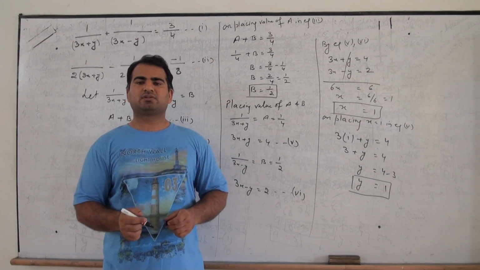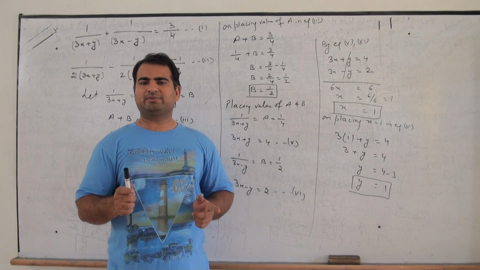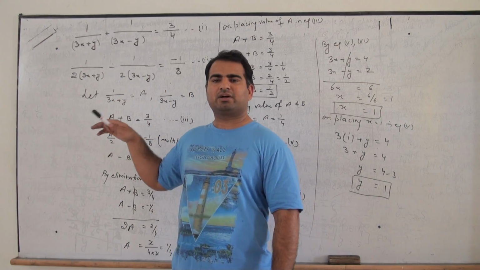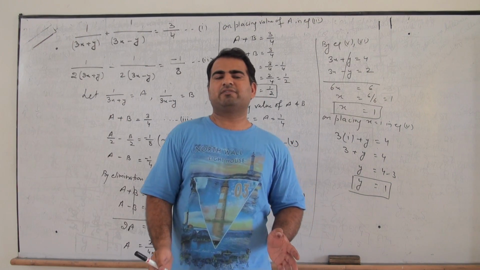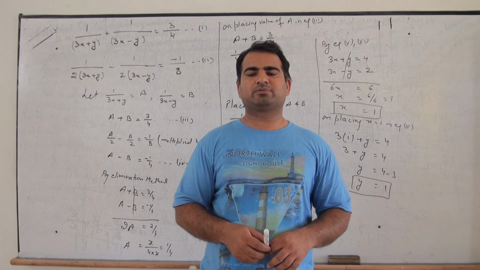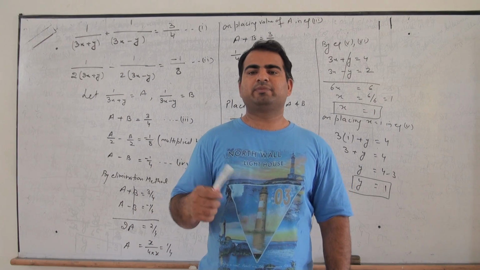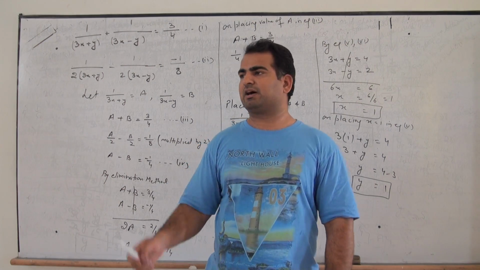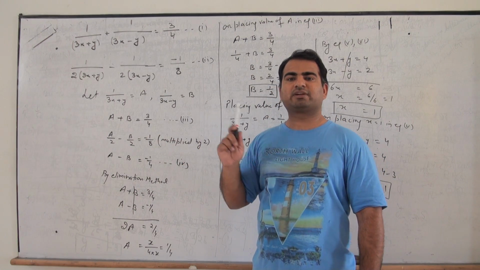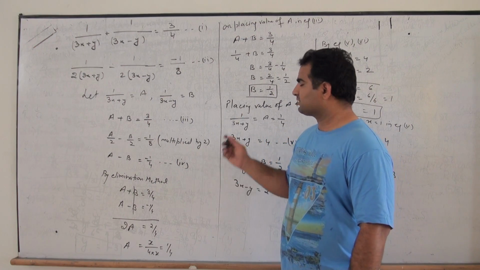So the main thing is, each and every time, if there are variables at the denominator, then you have to let it be another variable. Like if we have the equations 1 upon x plus 1 upon y is equal to 4 and 1 upon x minus 1 upon y equals to 2. So 1 upon x will be a and 1 upon y will be b, and we can solve it out. And then after getting the value of a and b, we can place the value of a and b where we let it, and then we can solve it out by finding the value of x and y. This is our final answer.